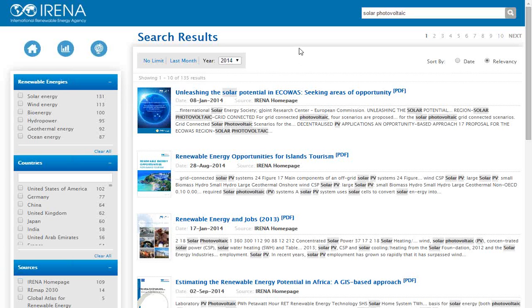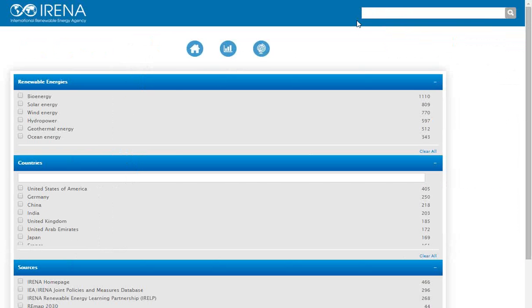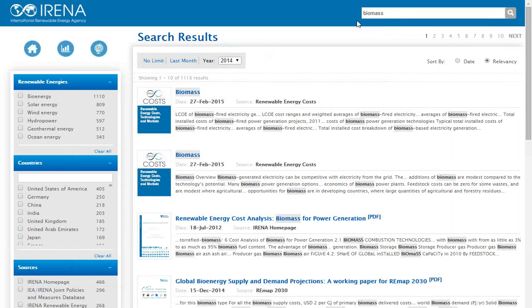Let's type in another query, another example. One of the technologies that Irena is currently working a lot in is the sector of bioenergy. Probably the renewable energy technology that is still the most difficult to analyze, specifically in particular regions in the world such as Africa or South America. So when it comes to this technology, specifically Irena is looking a lot at what is happening in the biomass sector. So you can see here that we are doing a lot of work